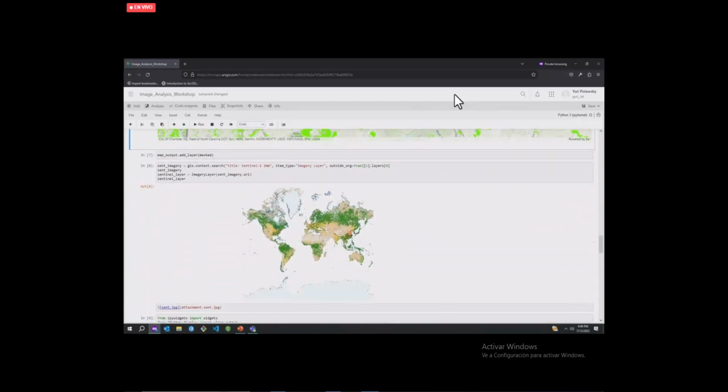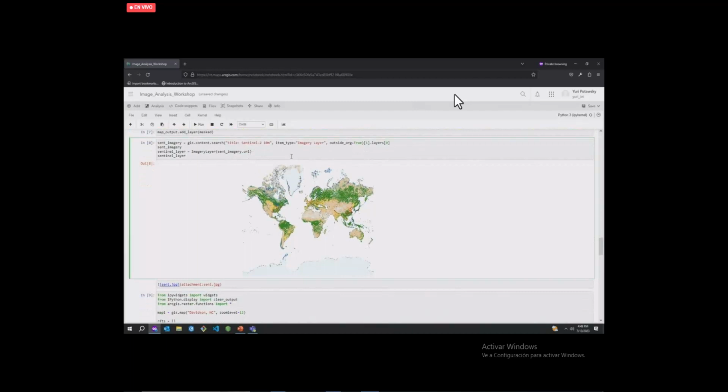We can also make use of, in this case, I was interested in Sentinel, and this is the Sentinel-2 image service. It's 10-meter resolution, freely available. In this case, it's on Living Atlas. I did the exact same thing. I passed in a locational query based off of that geocode, created an image layer from Sentinel, and then what